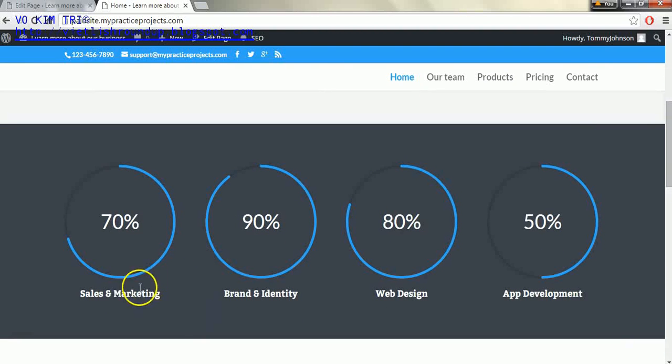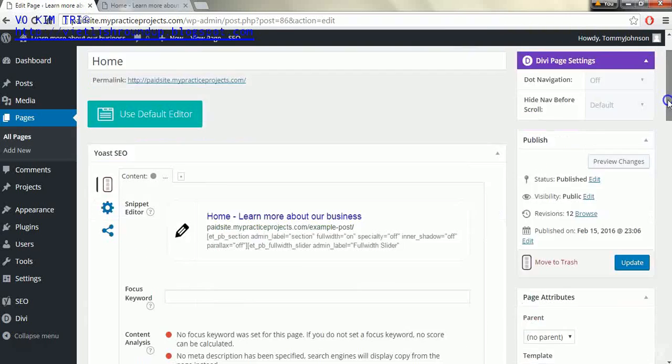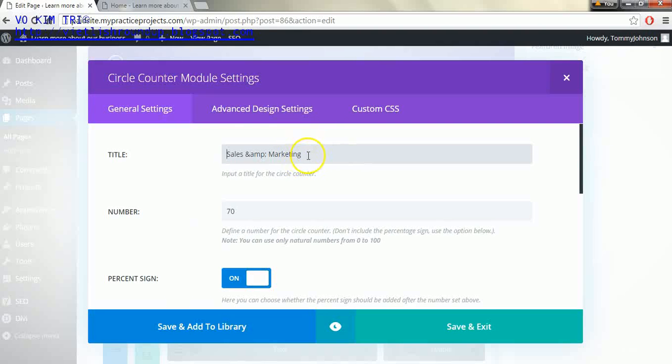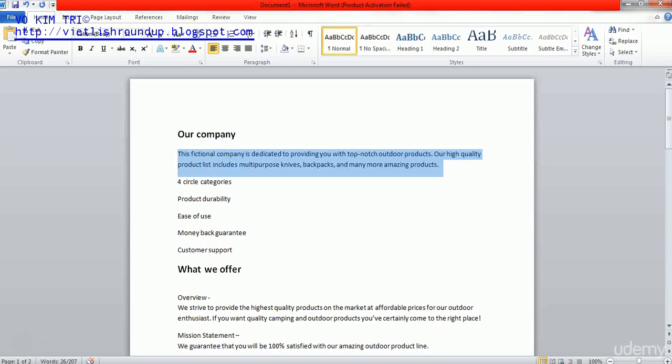And here we're going to add 4 different headings for these sections, and we're going to just actually make the counters all go up to 100 because we want to look like a good company. So you can set those numbers at whatever you want, and it's going to be the circle counter icon, and we'll click these 3 lines in the module settings again, and we'll change this title, and this is the number here that will show up, and this is if you want a percentage sign. I'm going to leave the percentage sign on, and the 4 titles: